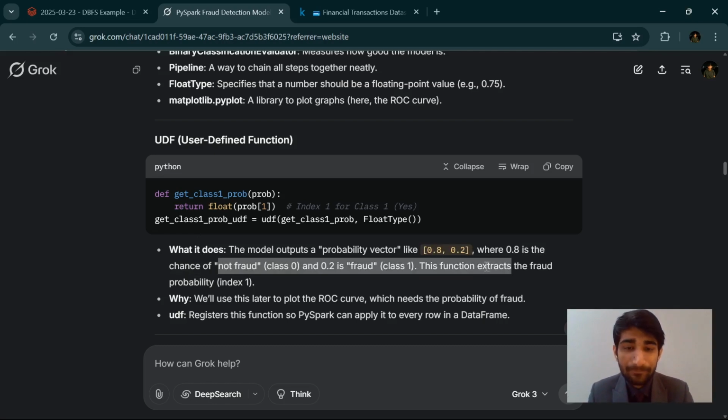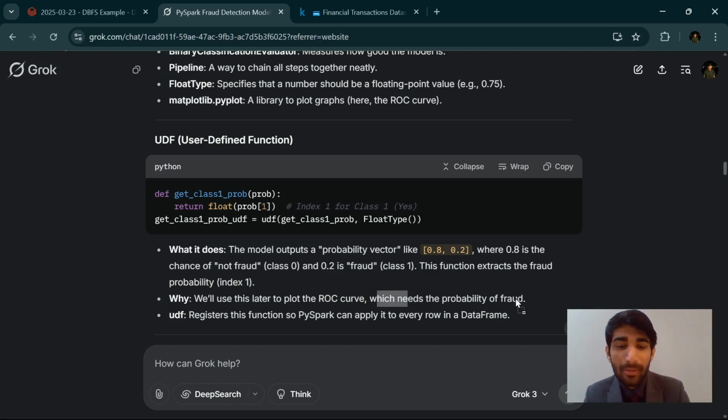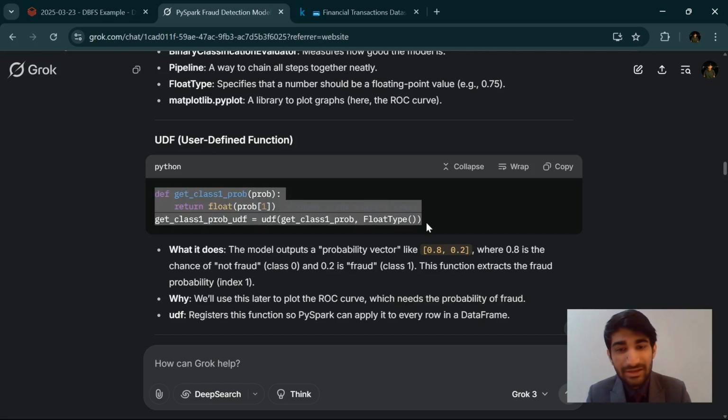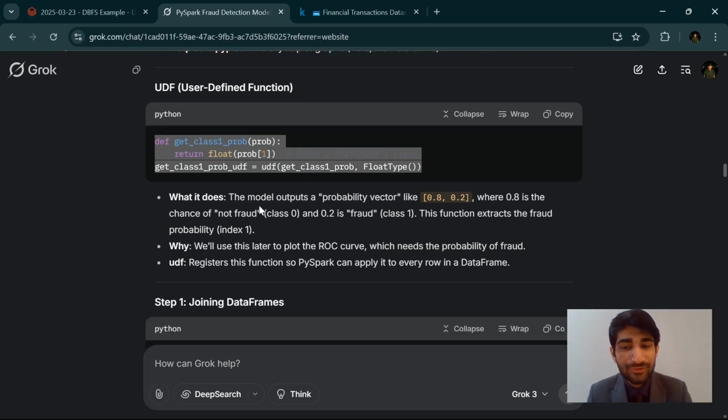So it will basically extract the fraud probability. We will use this in our ROC curve, which is a curve that we make to get the area under the curve, which will be helpful for us to find out the accuracy for this particular model, which needs the probability of the fraud. Okay, although these functionalities are not really great to understand, you don't have to understand this code. You can use this overall in all kinds of models, but still you should get an intuition of what we